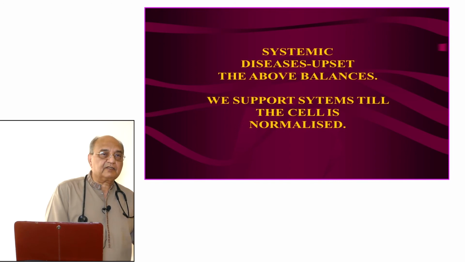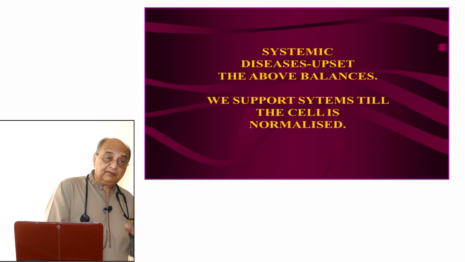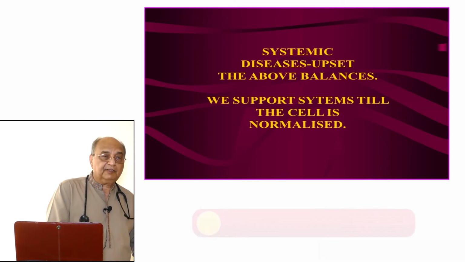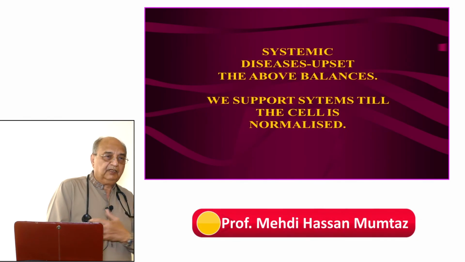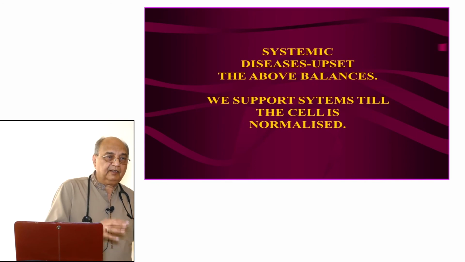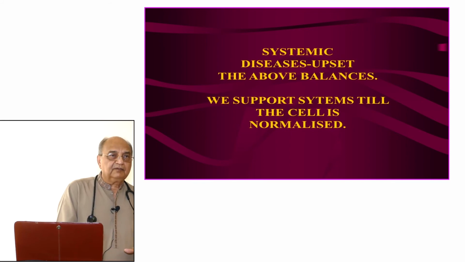There are 6 systems in the body. Cardiovascular and respiratory systems are the primary systems. Then 4 secondary systems: brain, liver, gut, and kidney. ठीक? तो ये 4 चीज़ें डिपेंडेंट हैं ऑन कार्डियोवास्कुलर एंड रेस्पिरेटरी सिस्टम. तो इन 6 सिस्टम को हम करते हैं. We have nothing to do with the muscle, we have nothing to do with the bone, right? So when we are treating the patient in intensive care unit.